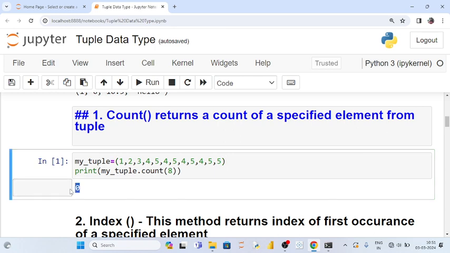The count function has returned 0. We can change the value. I'm writing now 5 and I want to select the 5. So how many times this 5 has occurred in my tuple, in my sequence, the count function will return the total count. So you can see here one time, second time, third time, fourth time, and fifth time. So total 5 times this 5 has occurred, so it has returned 5. In this way, you can use the count function, and this function will return the count of a specified element